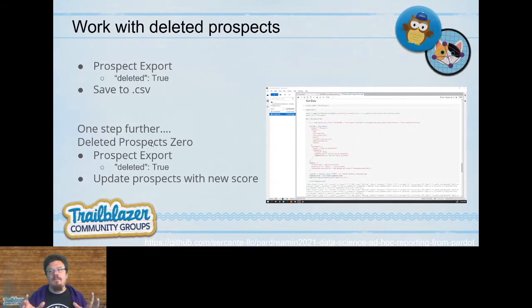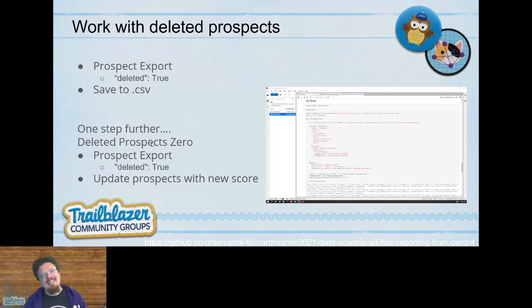I can't. I basically have to undelete the prospect, do whatever I need to do, and then redelete it. So if I wanted to zero prospect scores, I have to undelete the prospect from the recycle bin and zero the score and then put it back. Well, it's undeleted. It can sync to CRM. I can accidentally send email. There's a lot of things that I don't want to have happen if I try to work with deleted prospects by the user interface.